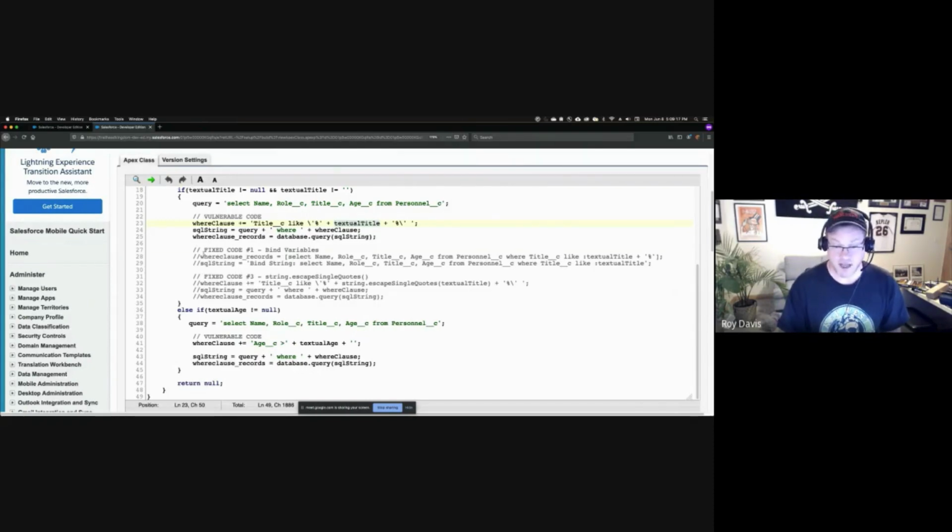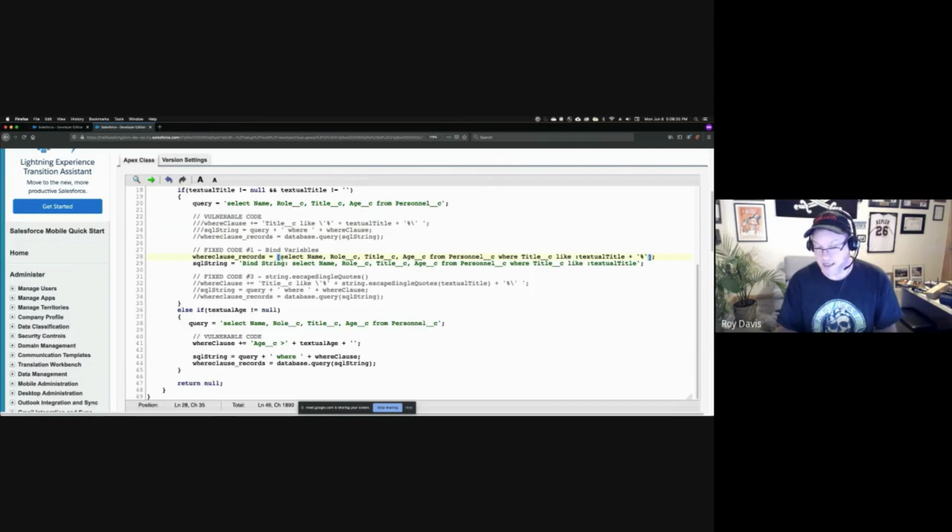So you can see I've got the fix down here. So let's go ahead and just comment out this here and we'll uncomment the fixed string. Now look, we've got our where clause records. That's where we're keeping the records that we get from the database. And this time there is no single tick mark on either end. It's not a string. This is actually a static query. So you can see this, the square brackets on both ends. And then down here where we have textual title, it's preceded by the colon character, which makes this a bind variable. Bound variable to this query.